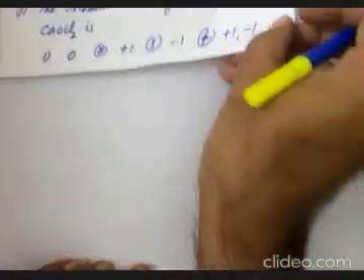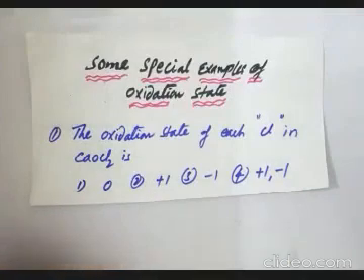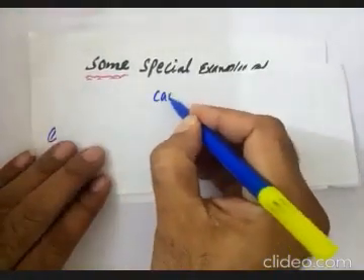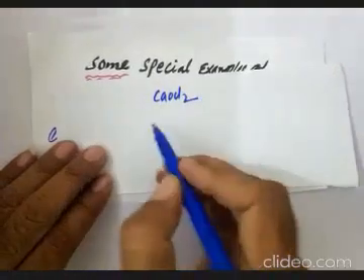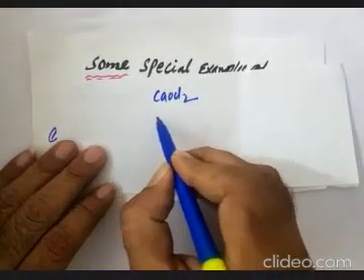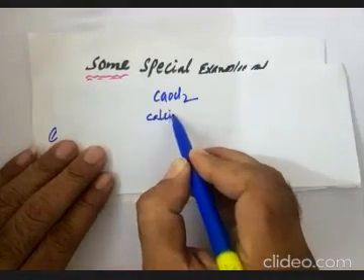First one, bleaching powder formula is what? Bleaching powder formula is CaOCl2. Second, chemical name is very important. Chemical name of bleaching powder is